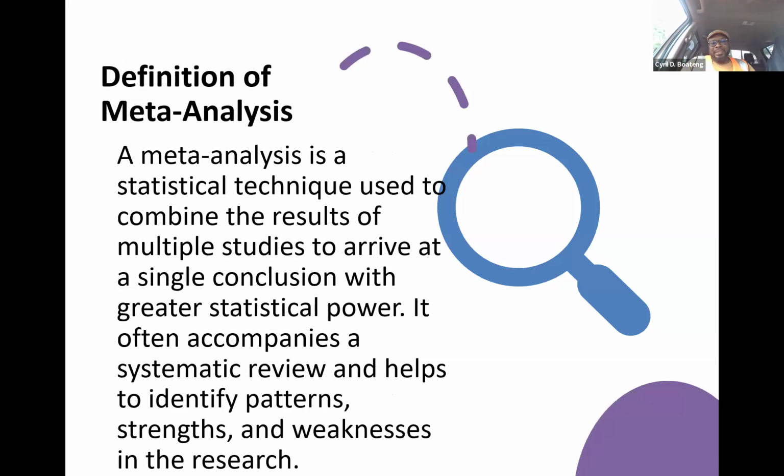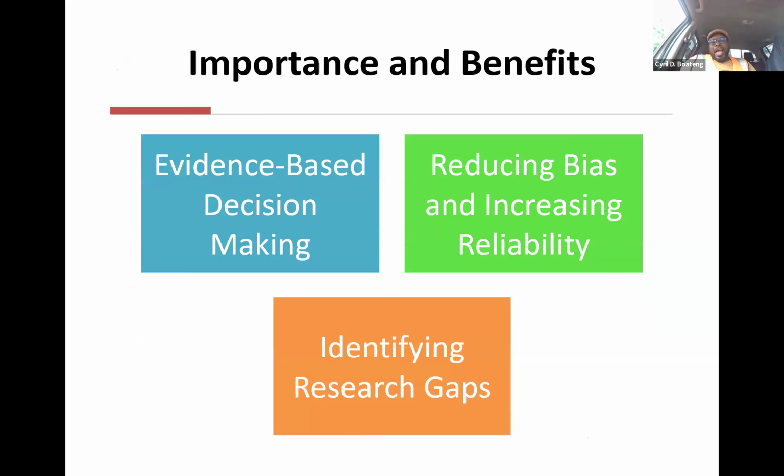And meta-analysis is statistical techniques used to combine the results of multiple studies. It often accompanies a systematic review, but not necessarily. All right, and it's important because usually it was a health-focused thing. So for a long time, systematic reviews and meta-analysis were more for health. So they did a lot of that,